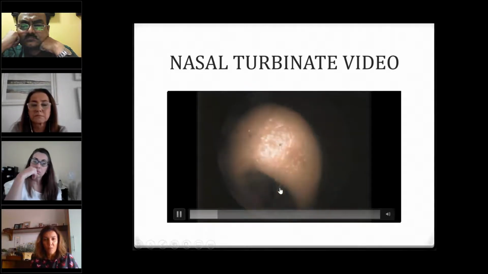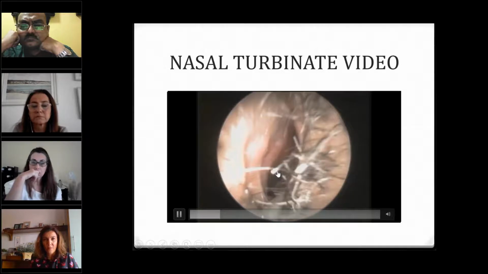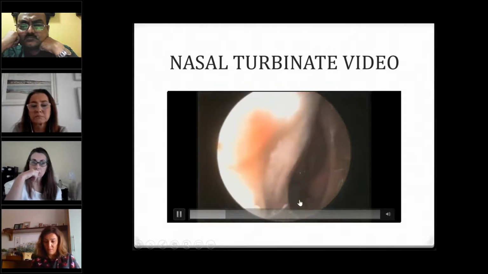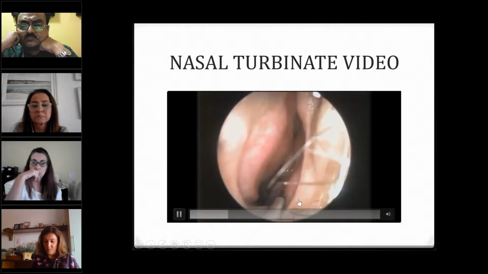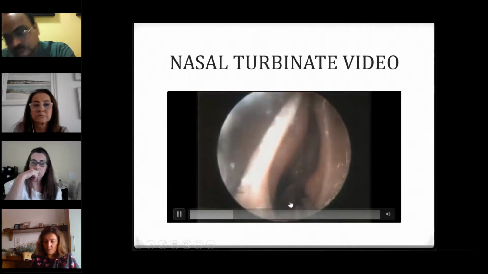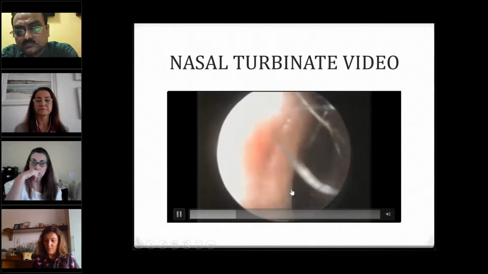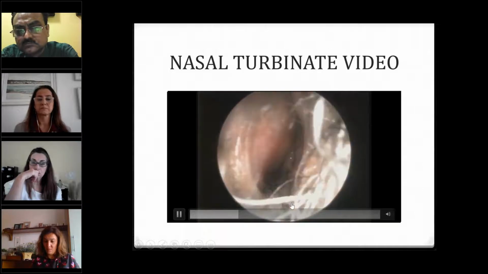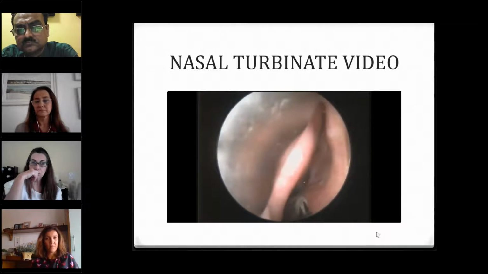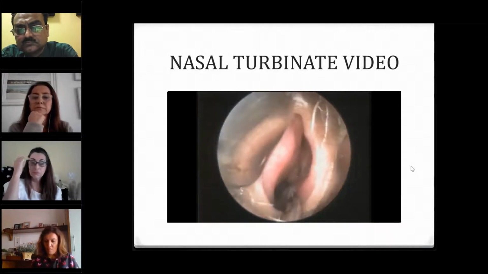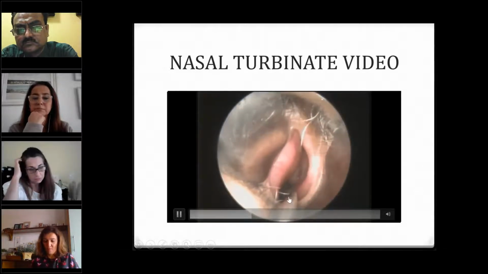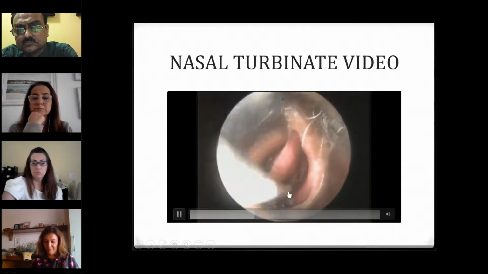Here, what we are seeing right now is the injection into a patient who is under local anesthesia. We packed the nose earlier and now injected the patient, and you're passing the radio frequency probe into the anterior end of the inferior turbinate, giving radio frequency energy. It will result in blanching of the mucosa, as you see here. You deliver this energy at 3 to 4 separate points on the turbinate.